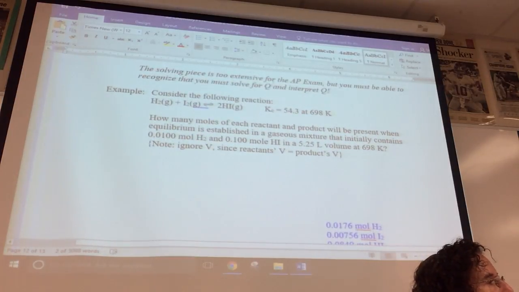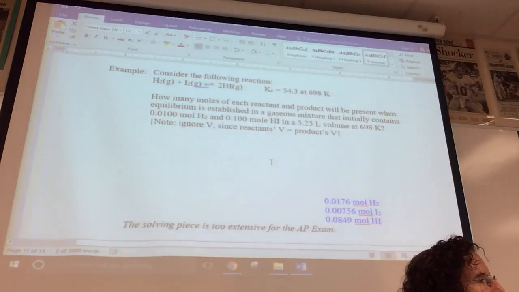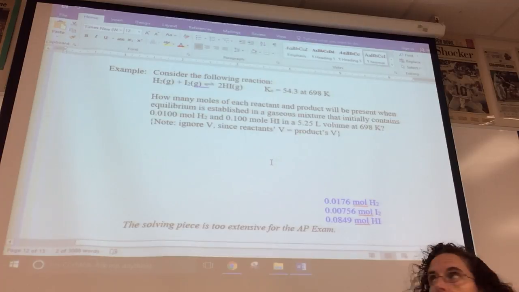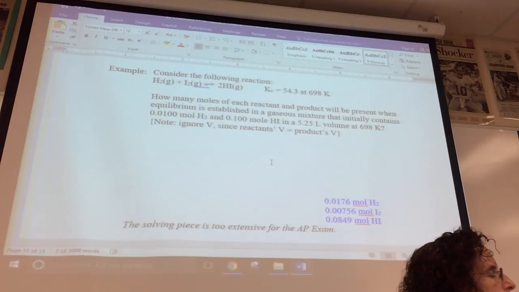So this one too, we'll give it a shot. And the only difference on the last problem is it deals more with pressure than concentration, so we'll take a look at it. How would we set up this one? Actually, this one is,